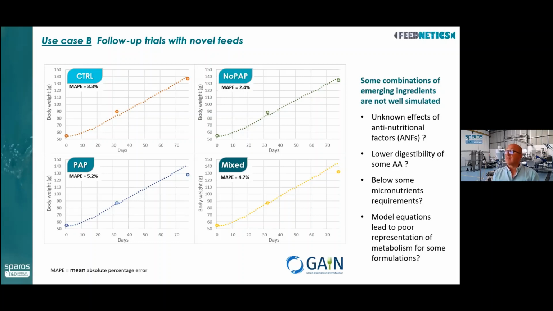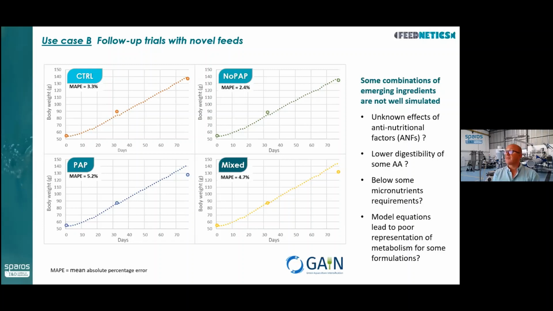Another possibility is that we had a lower amino acid digestibility for some of the amino acids. It could have happened. We are checking on that analytically at the moment. Maybe the formulations were low in some of the micronutrients. According to what we have analyzed, and we have analyzed the common minerals and vitamins, this is not the case, but we cannot exclude completely that possibility. And the last